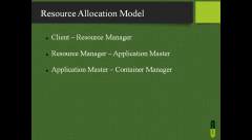Now we talk about the resource allocation model. So I will make it clearer. This is a client and a resource manager. Like we were talking about, the client communicates with this resource manager. So this is the flow. In this slide we are looking at the flow of how the client communicates with the resource manager.